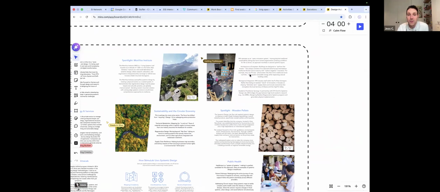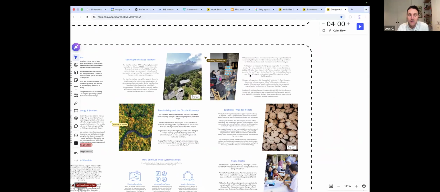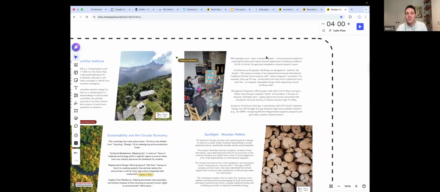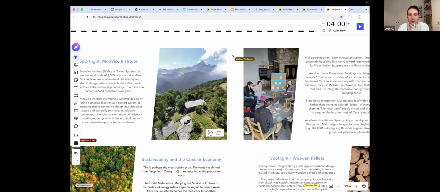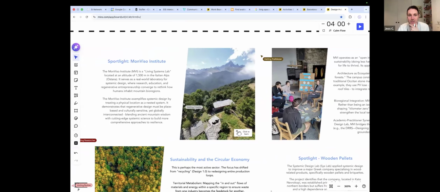the Alps in Italy, north of Italy, near Switzerland, sorry, where they're essentially using that space as a living lab, right? This village, teeny village, living space way up in the mountains, using it as a real world laboratory for systemic design where research, education, and regenerative entrepreneurship converge to rethink how humans inhabit mountain bioregions.